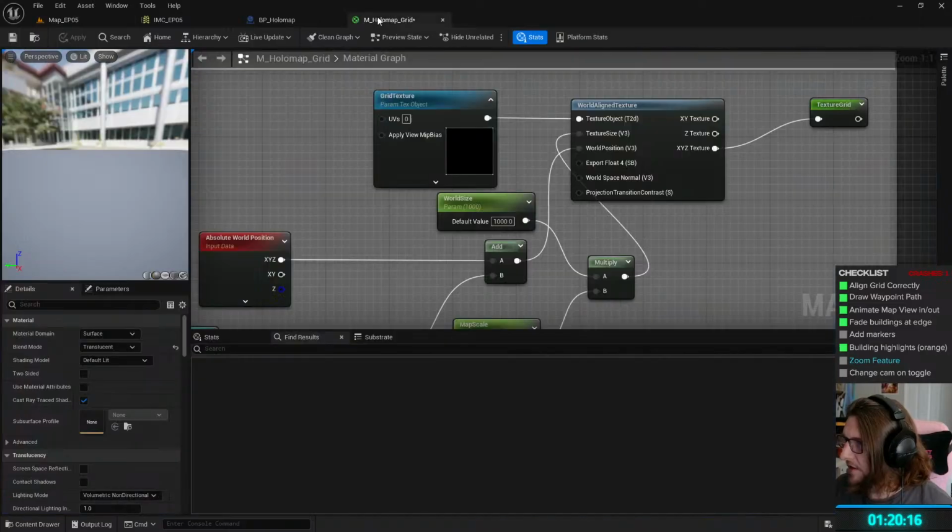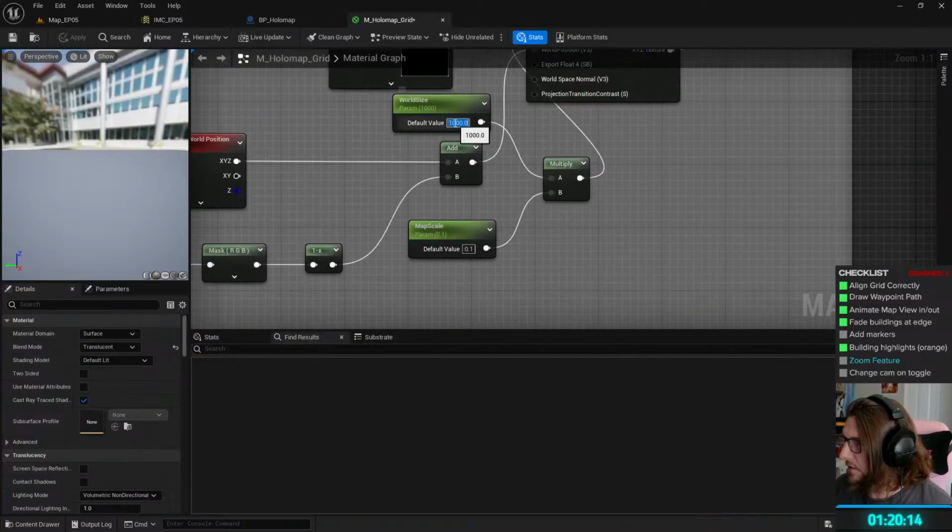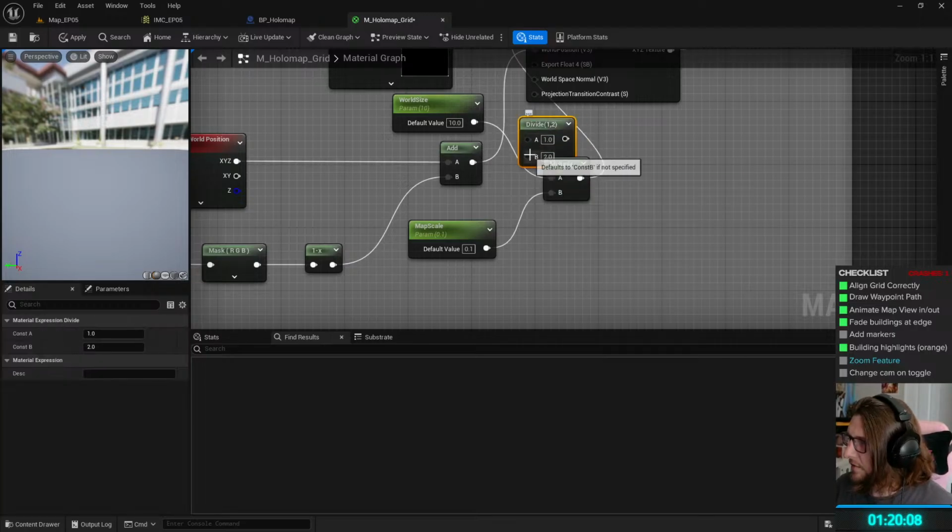It's the wrong way around. I think it needs to be a division. So if we go 10 divided by this,